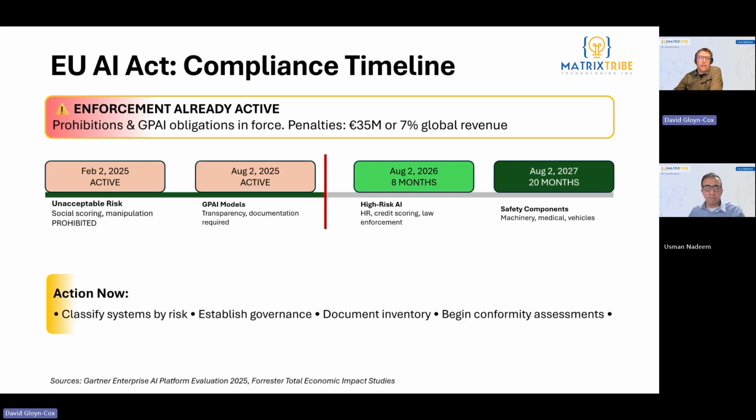And so let's look at the EU AI Act. It's basically an act which is in place now. It's been actively enforced. What they're asking at the moment is for transparency and making sure you've got documentation about what AI you're using. They're going to go down the path where they're going to start being a lot more rigorous about what they ask for.